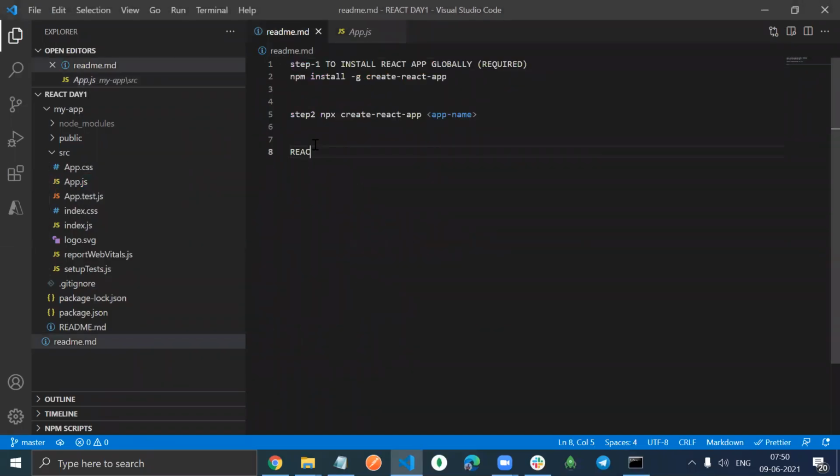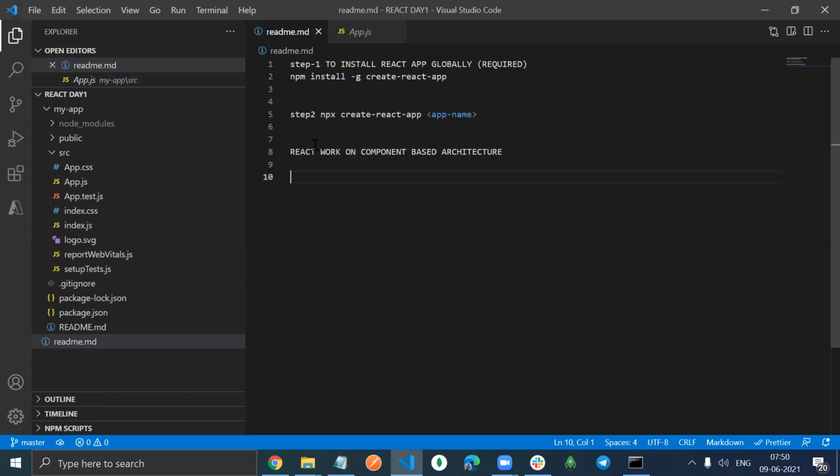First of all, React works on component based architecture. What does it mean?